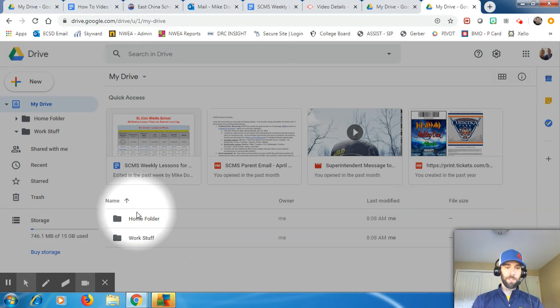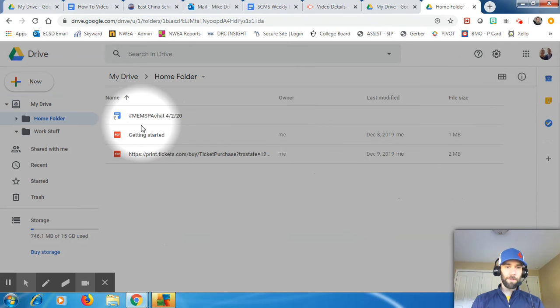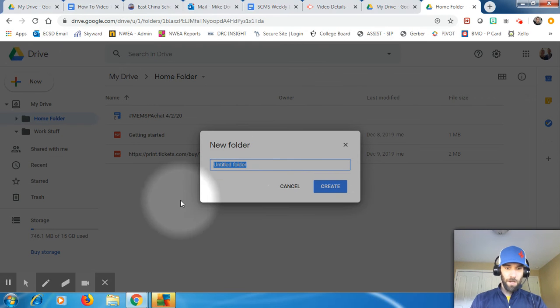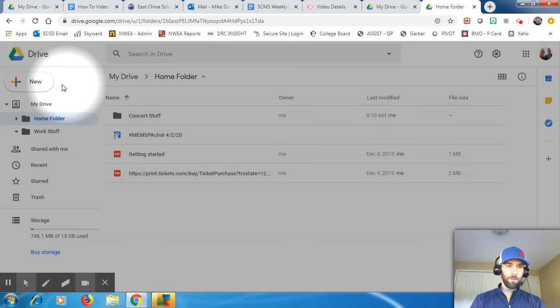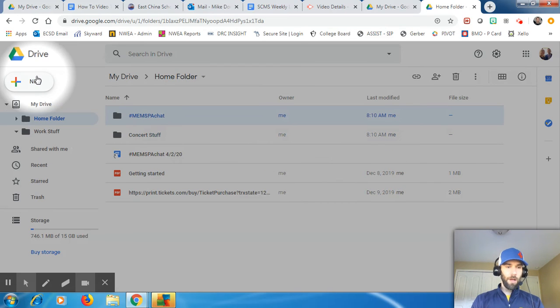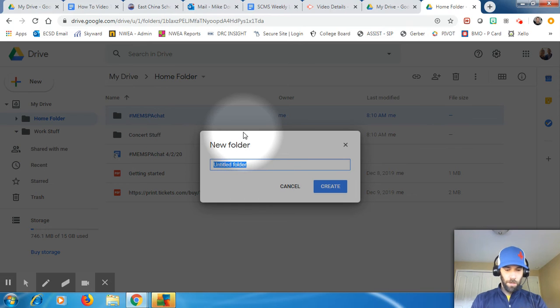I'm going to create some subfolders. If I go into my home folder, I've got a couple different things in here. I have my Memspa chat stuff, that's like a Twitter chat I do. And then I also have concert tickets. So let's create subfolders. I'm going to create a subfolder that says, how about concert stuff, right? How about another folder that says Memspa chat, okay? How about I now create another folder that's called